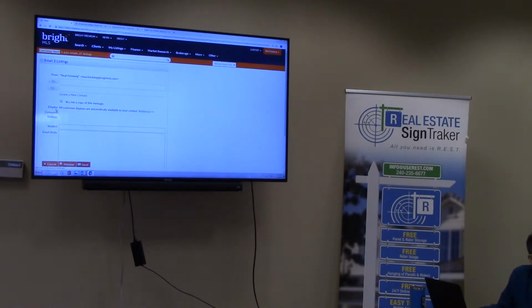See this line right here? Display. All customer displays are automatically available to your contact. Then there's a link that says additional. Now you can add that custom display to what your customer is going to get. He's the only one that can see it. Okay? That display is just for them. So now, when you email listings to them,